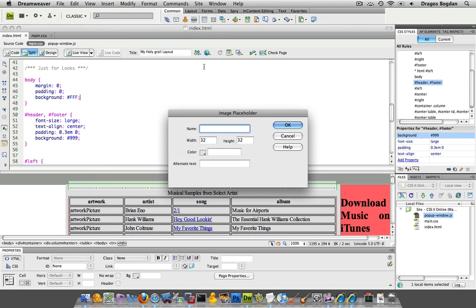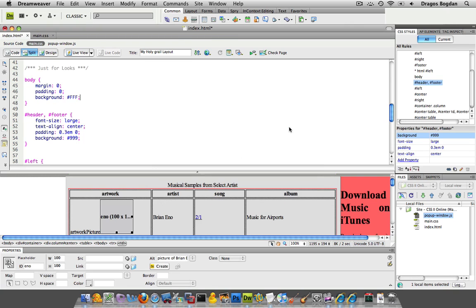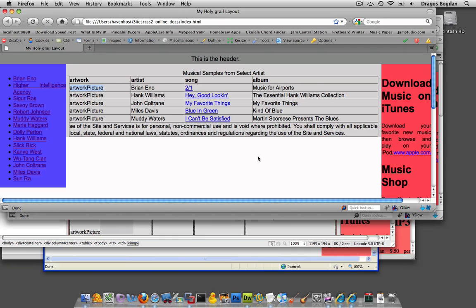And here you're just going to define what it is. I guess this is just going to be Eno, and we'll do 100 by 100, and then alternate text. You want to fill this in: Picture of Brian Eno. And we'll hit OK. Now when we save this,